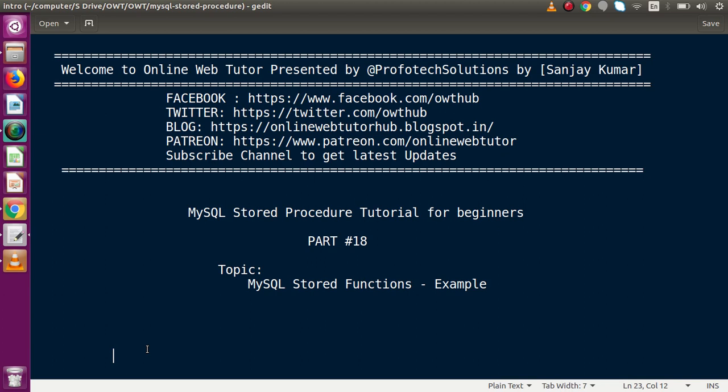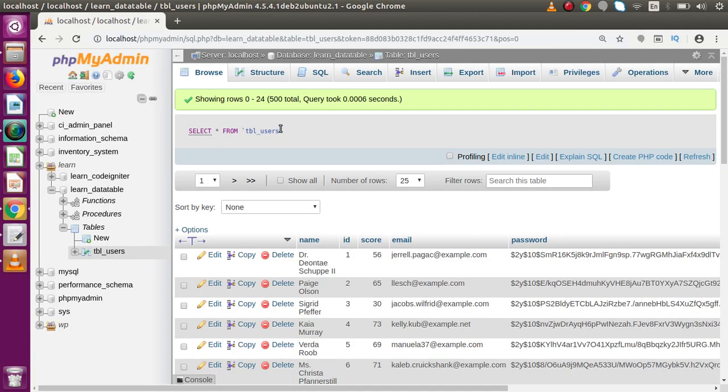Inside this video session, we are going to discuss one more example in MySQL Stored Functions. In the previous video, we saw the basic concept of creating and declaring MySQL stored functions using the phpMyAdmin tool or by creating commands. We also saw one example in that video. But in this video, to make the understanding of MySQL stored functions clearer, we need one more example. So if I go back to the browser,